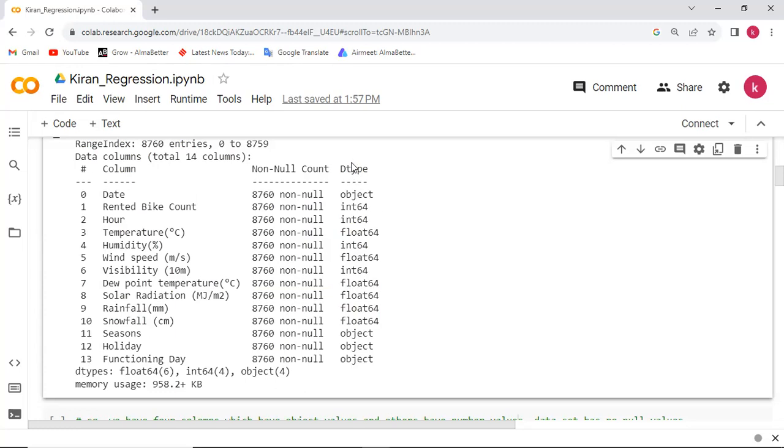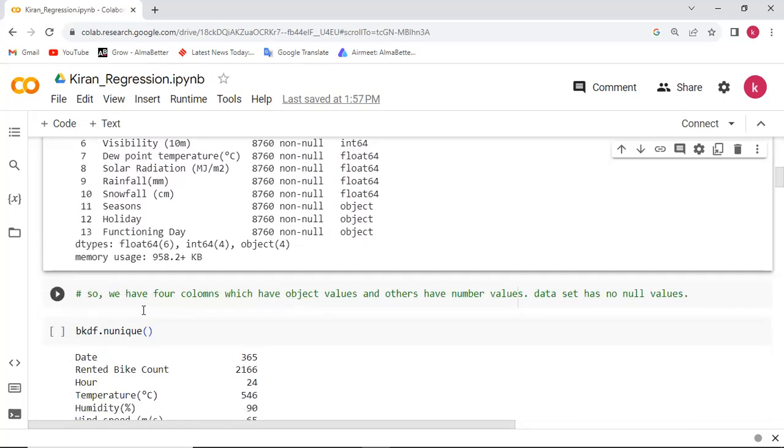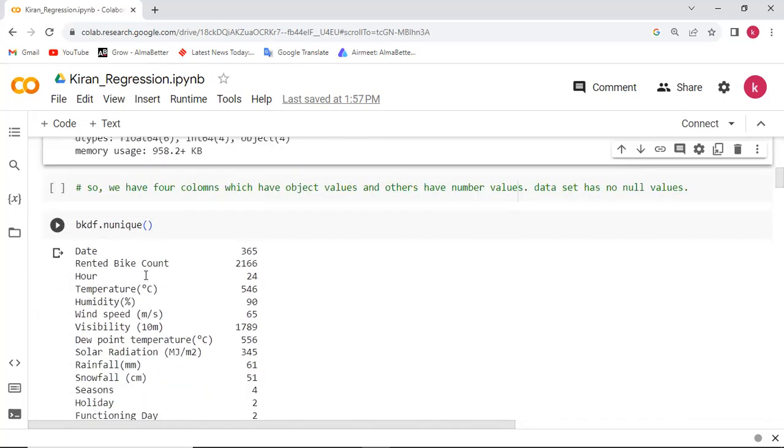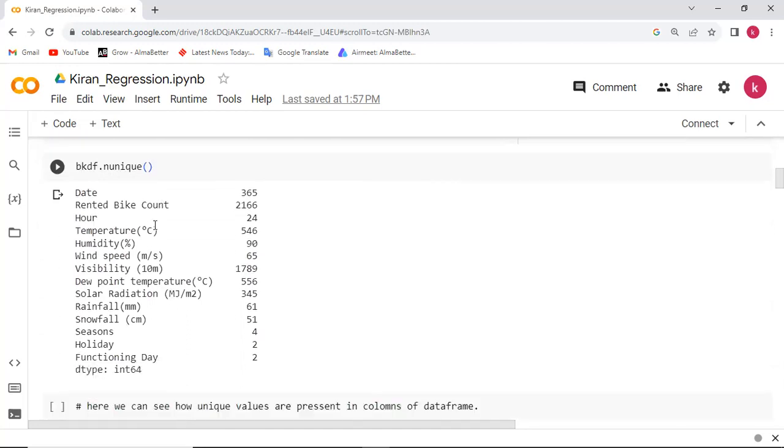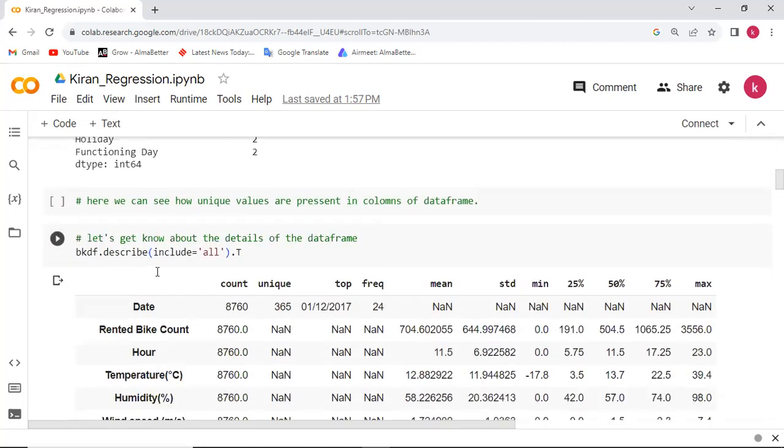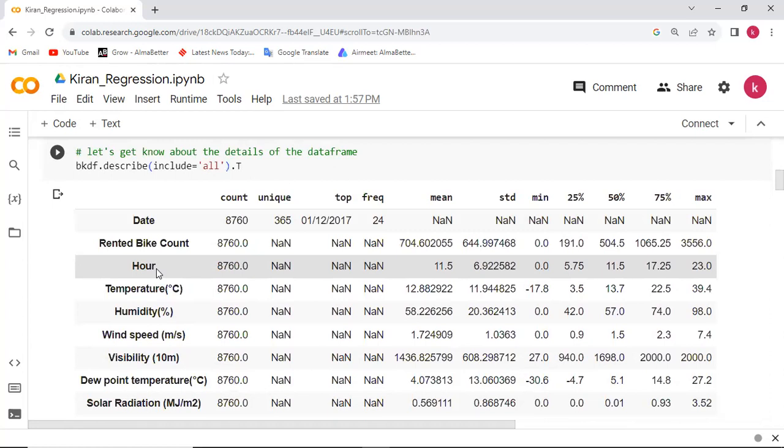And in the last column, the dtype, this is the data type of that particular column. Now nunique, this is to know how many unique values are present in each individual column. Now a description about the data set.